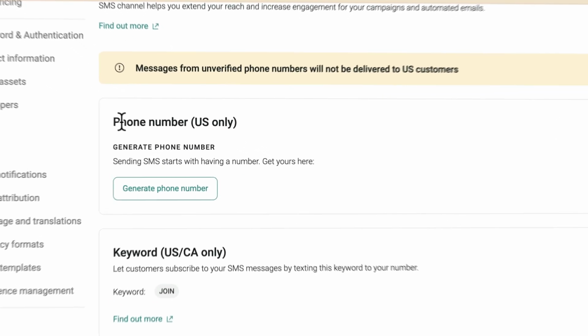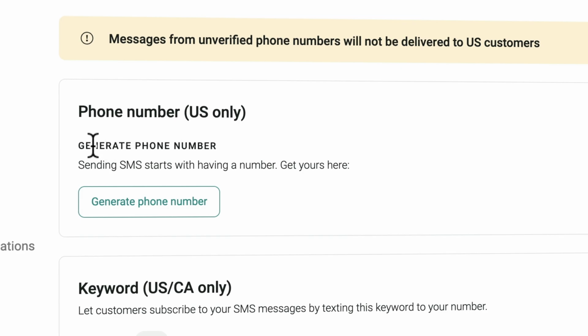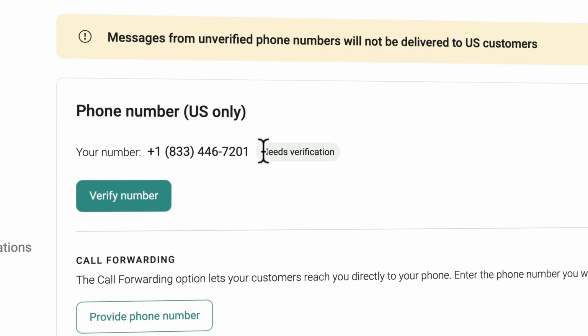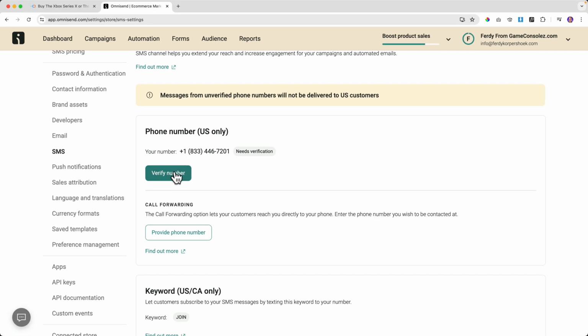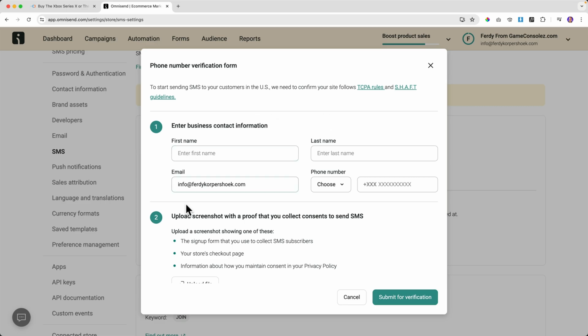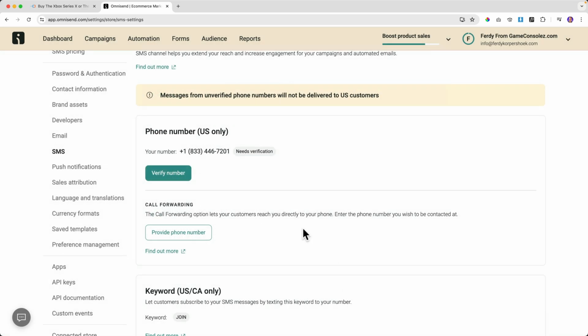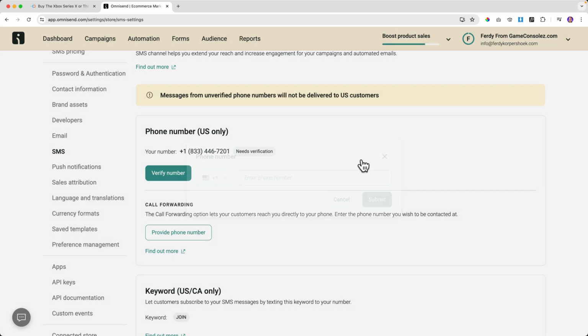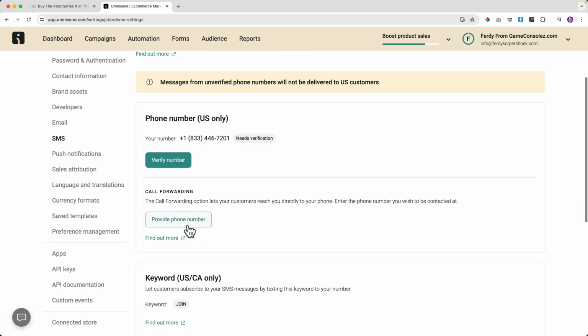So this is how it works. You can create a fake phone number by clicking here. So there it is. But if you want to reach people in the United States, then you need to verify that number. If you click on it, this is how you can verify it. You need to send photos, etc. Well, that does not work for me. I'm from the Netherlands. I don't have an American number, but I can send this to all the people outside of the United States. I can also fill in my own phone number if I'm from the United States. So people that will call this number will be forwarded to my own number. But again, I don't have an American phone number.